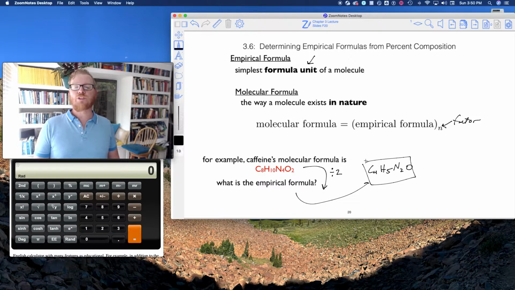However, what we don't see from the molecular formula or the empirical formula is how the atoms are actually bonded to each other. Okay? So when we're doing these calculations, it can often be easy to mistake one for the other because they have the same proportions. So we have to have a way of understanding how to calculate the right proportions. All right. So let's